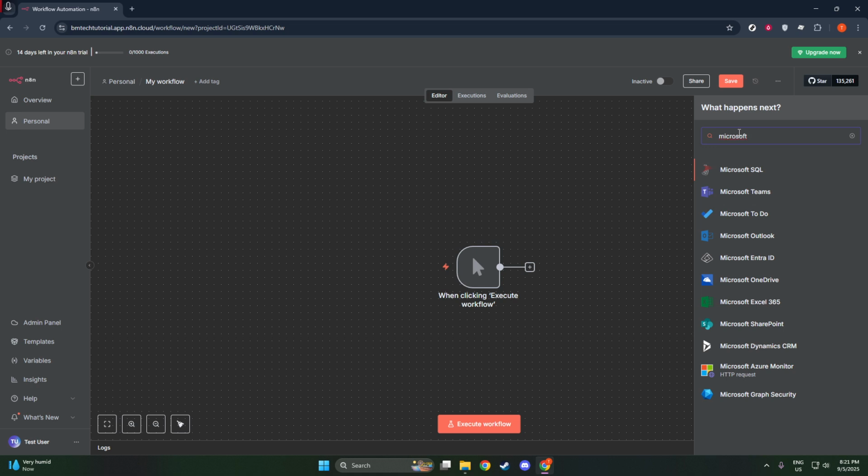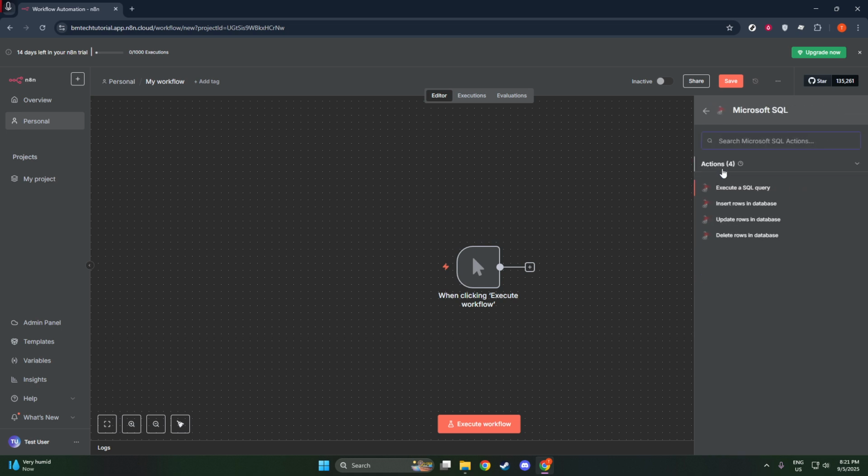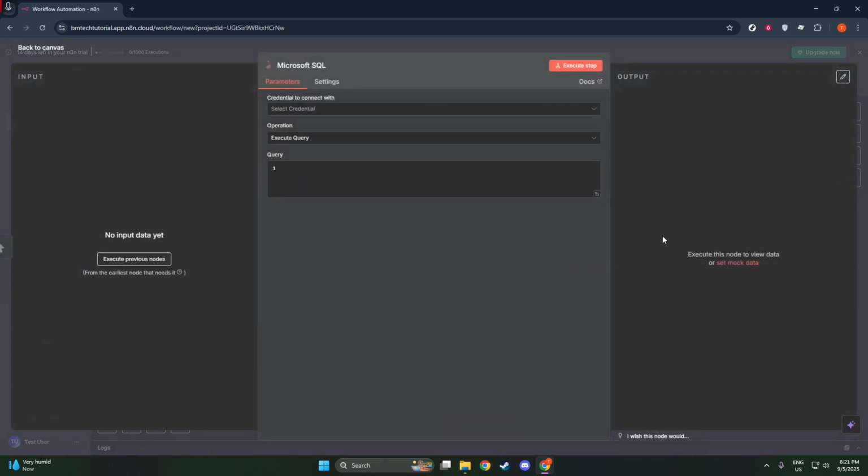Next, you'll be prompted to enter the database name. This is the specific database within your SQL server that you wish to work with. Make sure you have access rights to this database and double-check the spelling to avoid any unwanted surprises down the road. Once you've got your server details in place, it's time to fill in your access credentials for the SQL